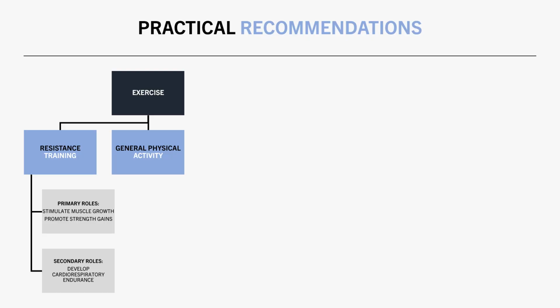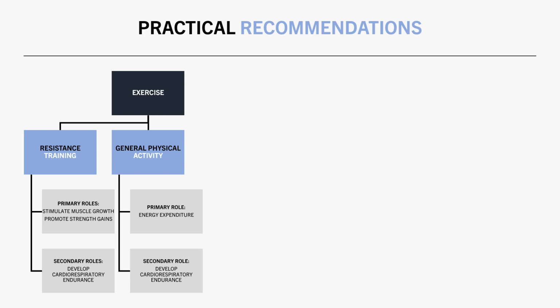Next is general physical activity. This is the best way to assess our total daily energy expenditure from movement, usually quantified as the total number of steps performed per day. This is because it takes into account movement throughout the entire day, not just individual exercise bouts. Although general physical activity is not great for improving cardiorespiratory endurance unless the intensity of it is relatively high. Although high-intensity general physical activity might be classified in the same category as cardio.